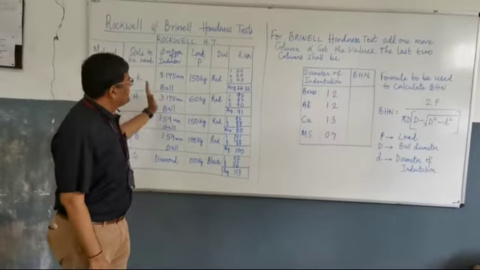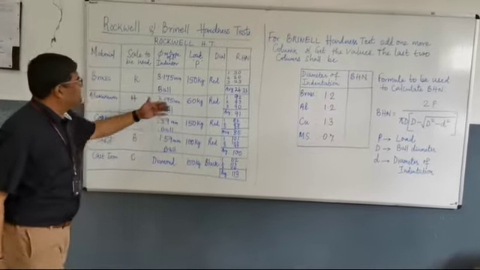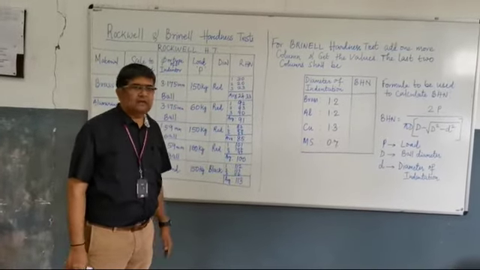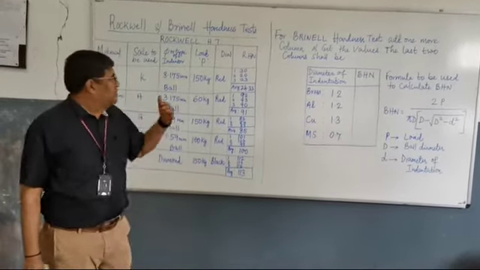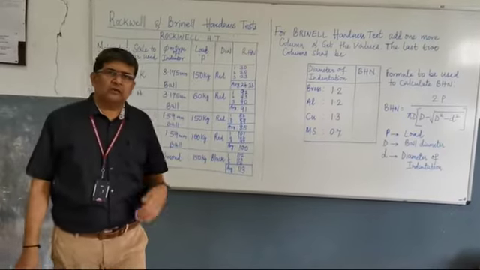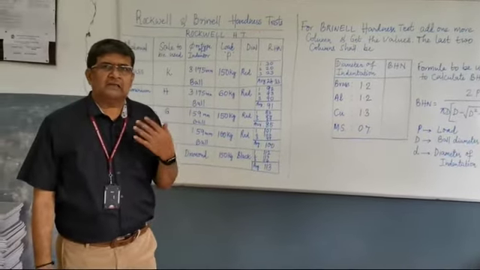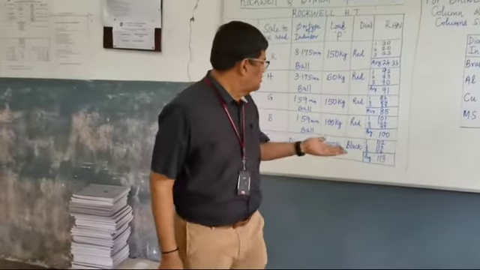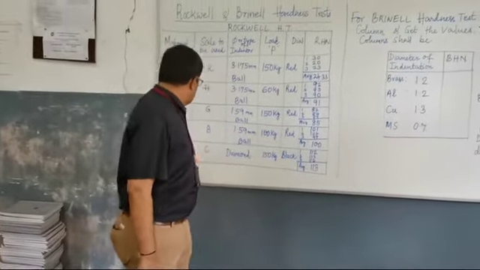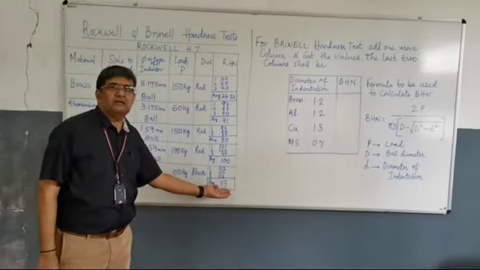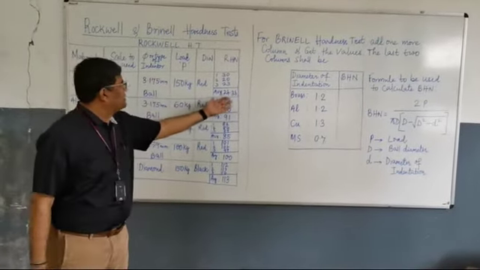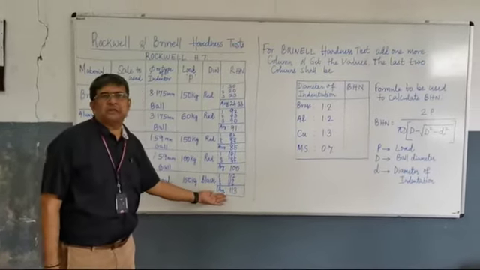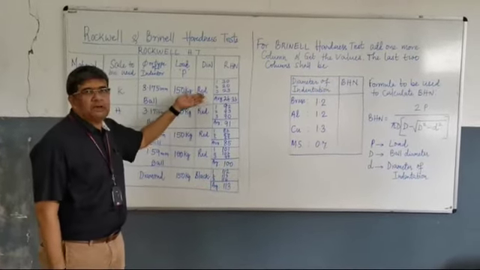We have already done the experiments on various materials, and we have found the average values of the Rockwell hardness number. Looking at this, we can conclude that as the Rockwell hardness number increases, the hardness of the material also increases. You can see that the Rockwell hardness number of cast iron is 113, while that of brass is only 24.33, the average value. So cast iron is much harder than brass.